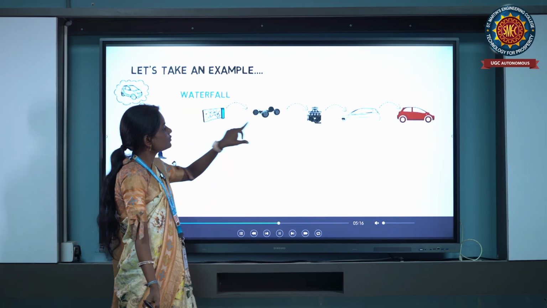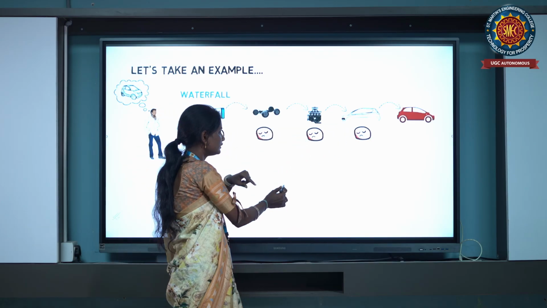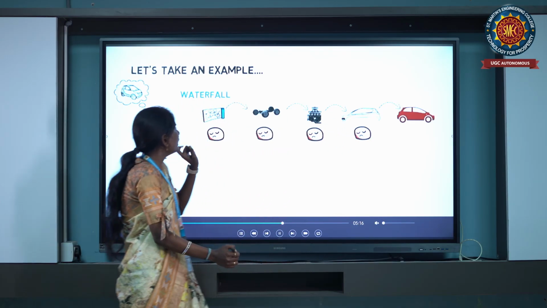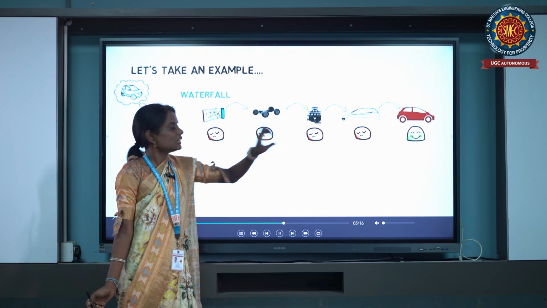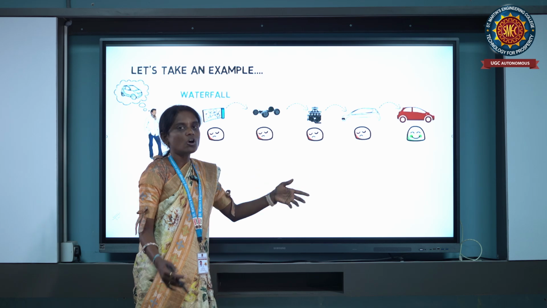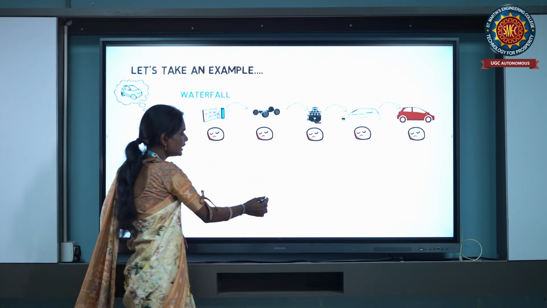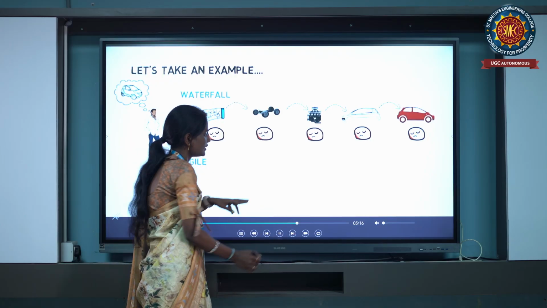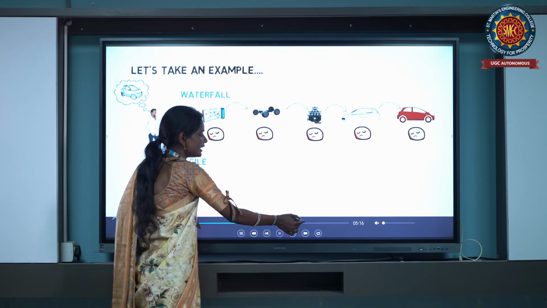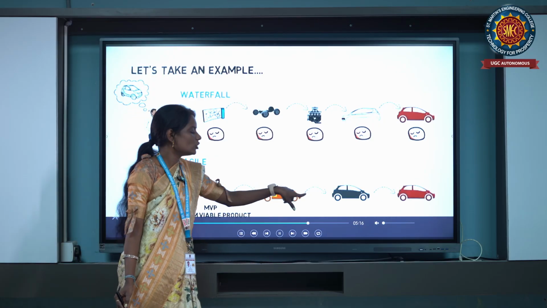First the wheels are developed, then the engine, then the car color, but they will not get any update from the customer during every stage of the development. The customer is happy or unhappy at some times. Whereas in the agile model, we get a regular update at every stage of the development of the car.